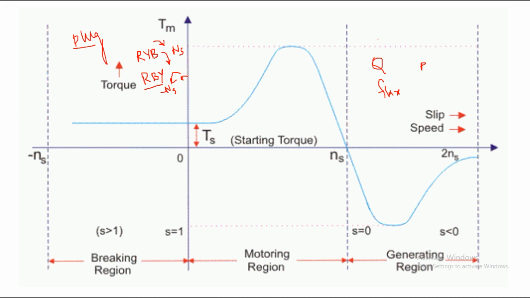So we require excitation for making a machine operate as a generator. But the load cannot provide reactive power; it can supply only real power. So for obtaining reactive power, we require a capacitor bank external to the machine. We connect a capacitor bank to the supply terminals in order to make that particular machine an induction generator. This is one of the disadvantages of the induction generator. That's why we do not prefer the induction generator in all applications, only where we require variable speed.